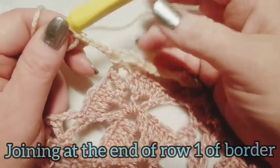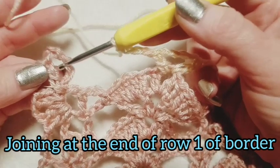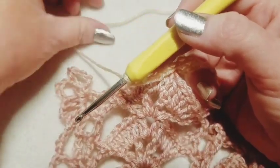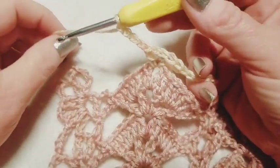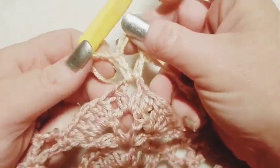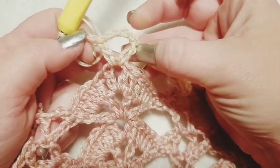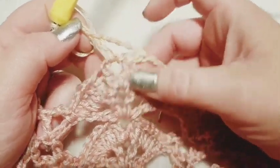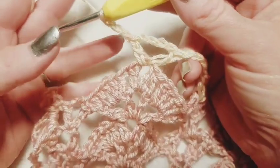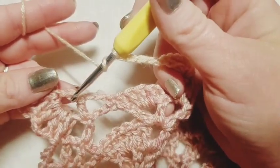So now you're meeting back up with me, and you have approached your last corner, the first corner that you started in. So you're approaching here. You've got a chain 4 on your hook, and you've just come off. In most cases, you're going to be just coming off the butterflies. So you've got your double crochet, chain 4, double crochet in the peak of the butterfly. You're going to chain 4,